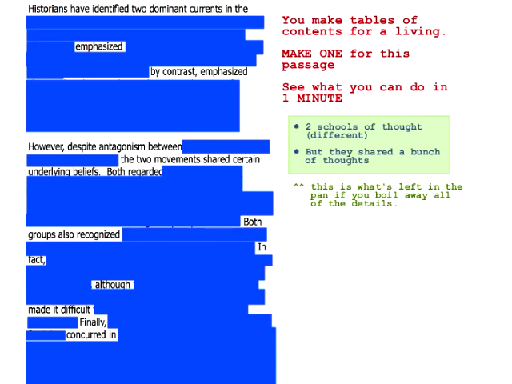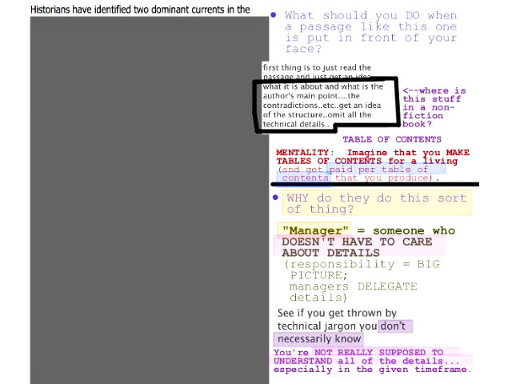Okay, now what is the point of doing that in a more practical sense? I mean, on the last slide we talked about what is the point of that in a very philosophical way. This is nice that we think about this. Managers, details, they don't have to care about them. What do I call this stuff that I'm looking at? What do I call it?